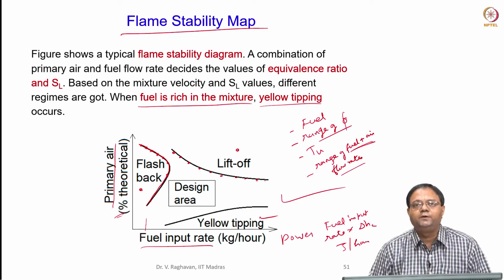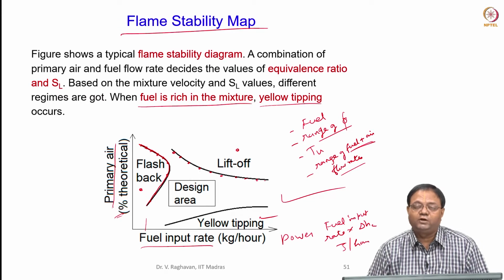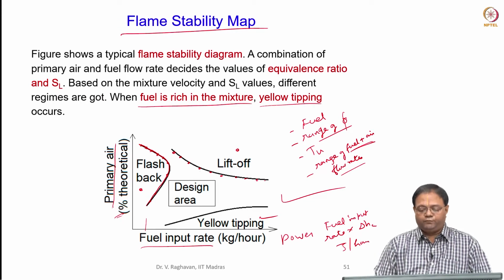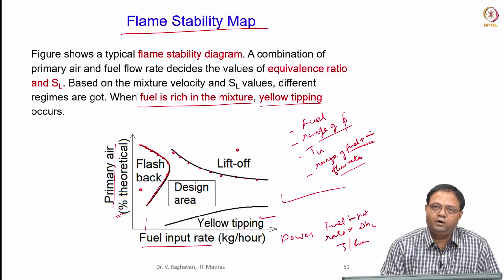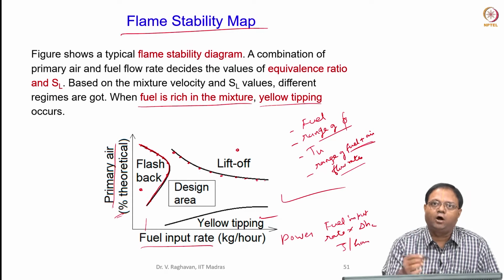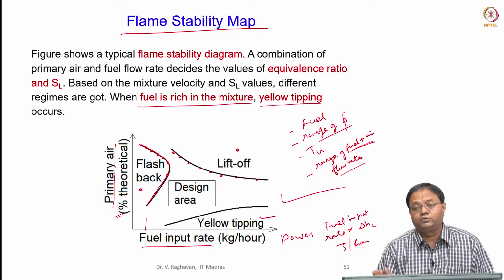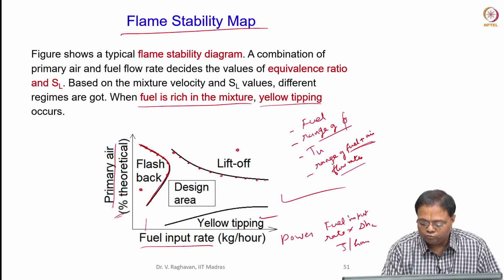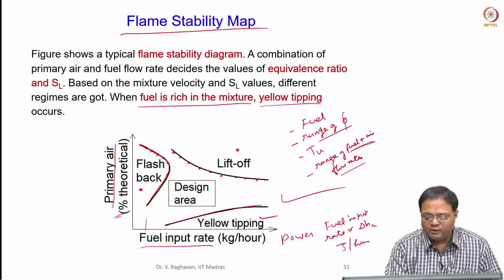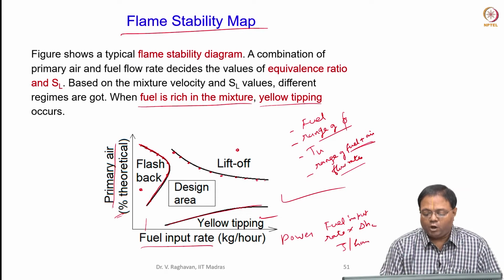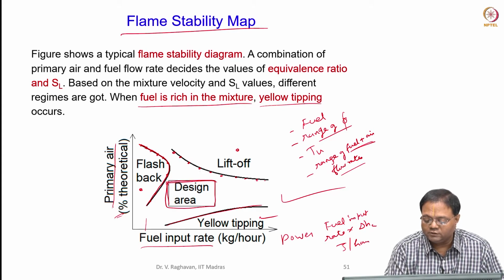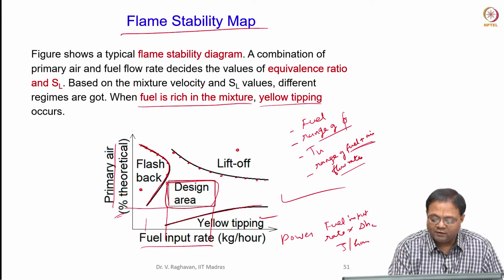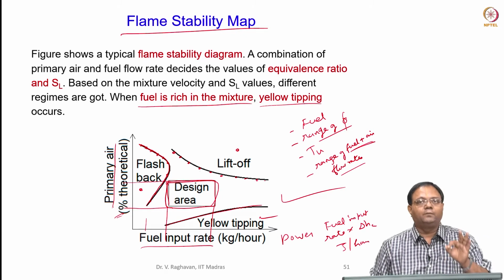In some fuels like LPG, etc., higher order hydrocarbons, unsaturated hydrocarbons, yellow tipping can occur if you starve the mixture of air, or supply too much fuel. So this also you avoid. So now this is the range you have to operate, but normally we take a stable range. This is the range which we take, and I call this the design area. So now I will only supply fuel in this range and air only in this range.